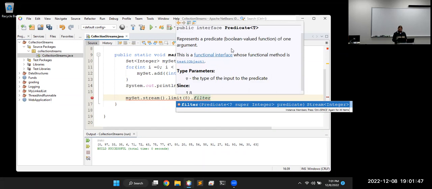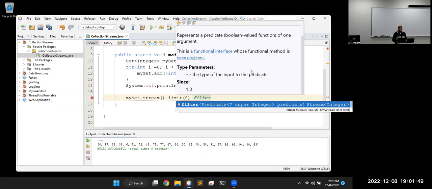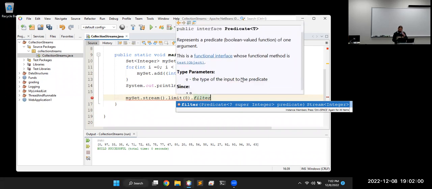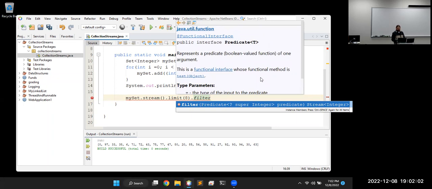A Boolean valued function whose method is something, the type of input to the predicate. It's not the way we would normally use predicate. Every once in a while, it shows up in very formal language, right? Like